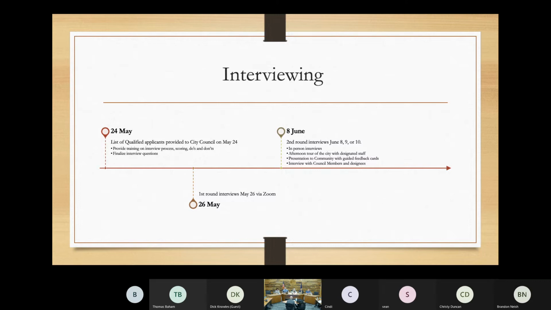But again, we would do the initial screening interview with the larger pool with the intent of getting down to 2 or 3 for that second round interview. And the reason we want to have these dates preset and in the brochure is so that that person in Texas or Minnesota or Southern Oregon already has it marked on their calendar that they may need to be traveling at this time. So it's not as difficult to do the quick turnaround and get them here.